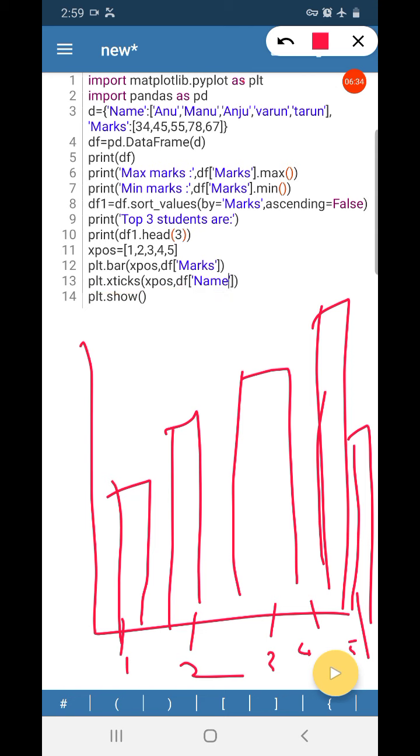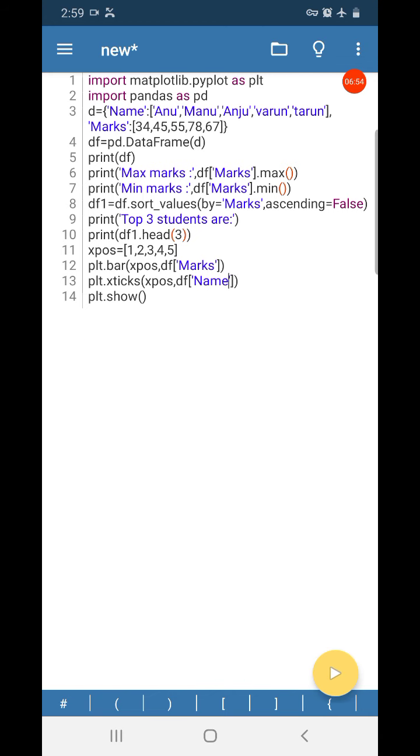So that is given here: xpos, comma, df of name. That is, from the data frame df, the name of each student. So that is renamed. So 1 is replaced by Anu, then 2 by Manu, and so on. Then plt.show will show the graph.